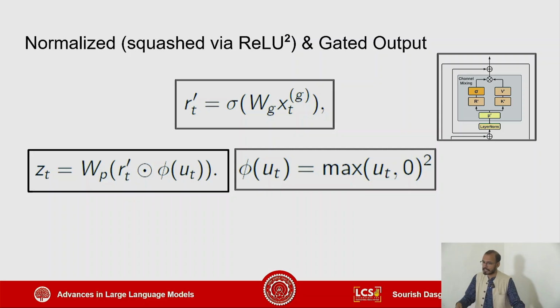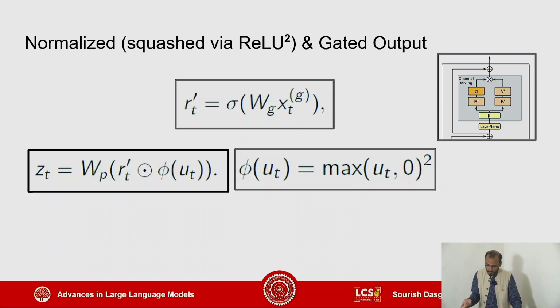So think of UT as ZT, where Z was the contextual embedding in transformers. And you are squashing it because think of it, why squashing? Because you're bringing it all into this between 0 and 1 sort of a hypersphere. The same reason why in a neural feed-forward network you would squash your internal representations, right? So you do an activation function. So this squashing function is the ReLU square function. So that's what this ReLU square function looks like.